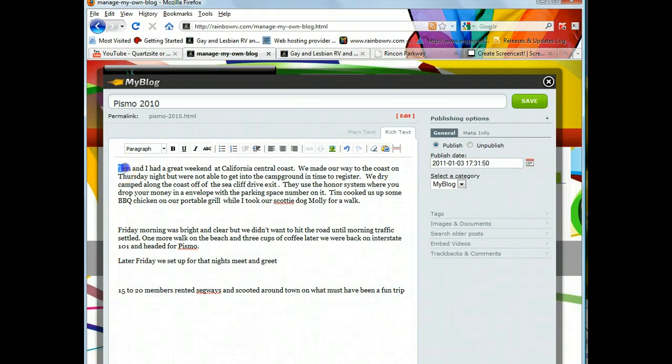So let's take the Tim and let's make Tim bold. Let's underline the California Central Coast. I don't know why. Pismo, we can make that italics. Okay. So a couple other things I like to do is